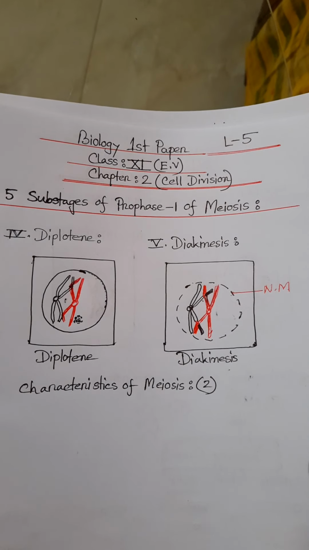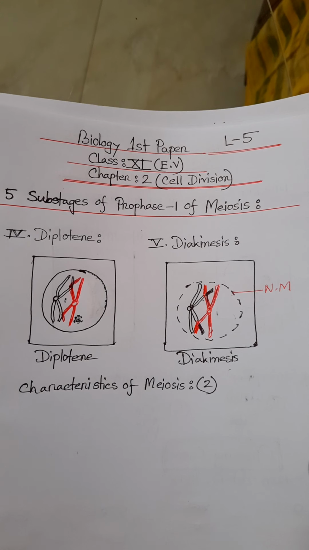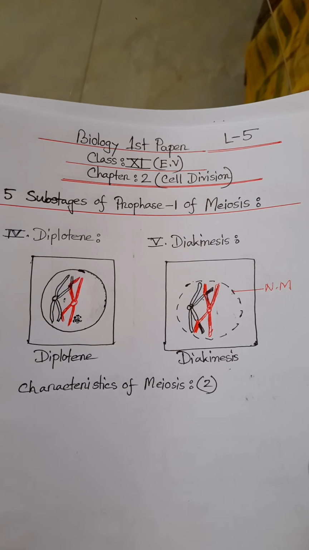Meiosis is a complex, long-drawn process and is subdivided into 5 stages. In meiosis, the chromosome divides once and the nucleus divides twice. Cytokinesis takes place after meiosis 2. First meiosis 1, second meiosis 2, then cytokinesis. New characteristics appear in the nucleus. 4 haploid cells are produced from a diploid cell. Then go to the significance of meiosis.